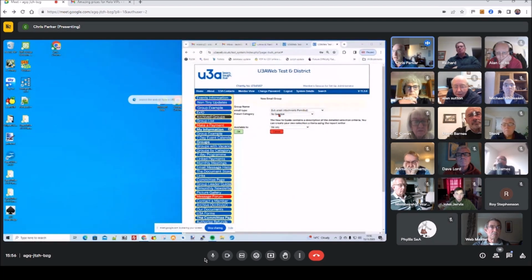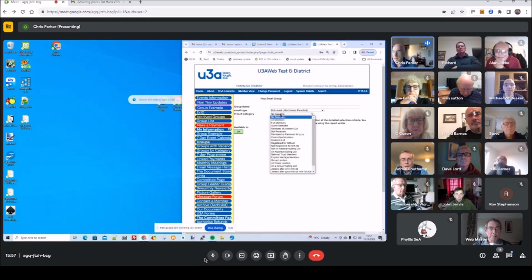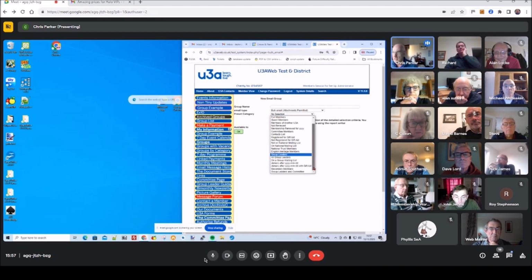If you don't fill it in, you get nobody listed when you click OK, but you can select anything: full members, guest members, member of another U3A, committee members, contacts list, registered for gift aid, not registered. There's a list here of about 15 or so, 20 maybe. So I just wondered, do people use it?